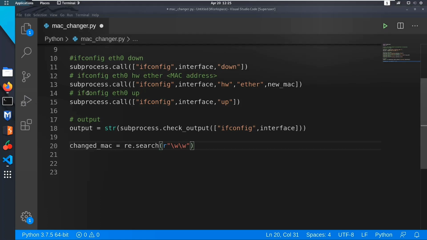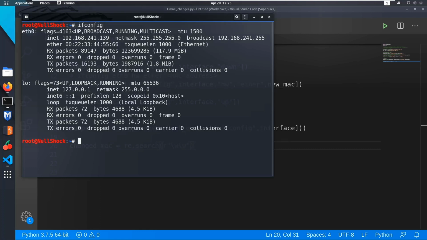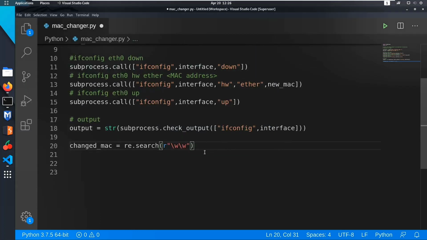Since I had shown you that, let me open it. You can see that this may contain A0 or B0. Since the values here are hexadecimal, they may be numeric or alpha characters. So since it is alphanumeric, we will need to specify backslash w. Since there are 6 octets, let me copy this and place this copy 6 times. Right, this is what our MAC address should look like, right?